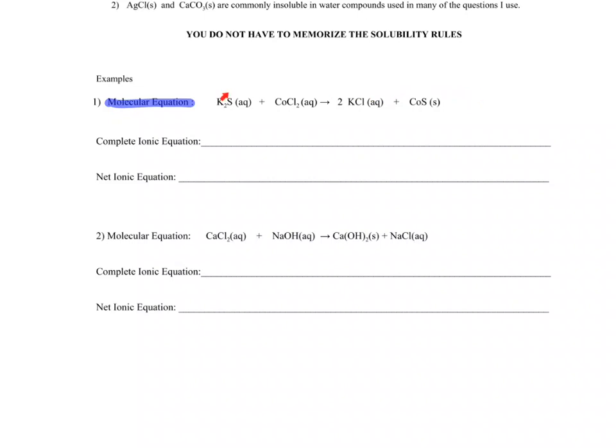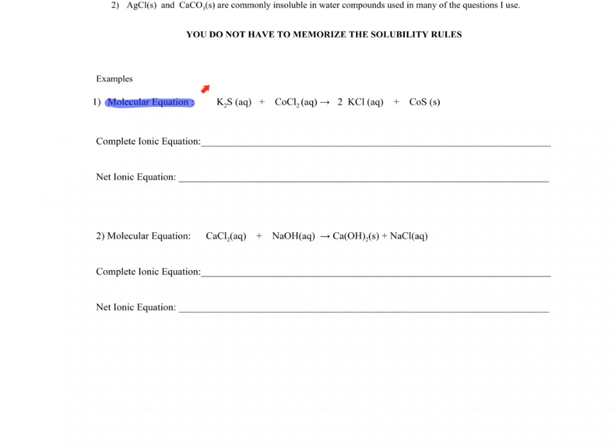So like we've looked at before, if I've got 2 aqueous solutions, 2 compounds that are dissolved in a liquid, react to produce a solid, then what is produced here is a precipitate. So cobalt sulfide is my precipitate in this reaction. So this is the molecular equation. So we need to figure out and determine the complete ionic equation, and I'll show you how to find the net ionic equation. So the first thing we need to do to write the complete ionic equation is we need